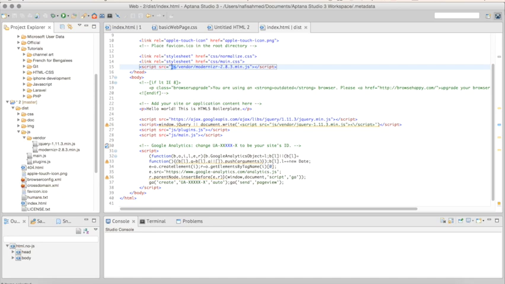So we are first referencing the js folder. That's why we're not providing any sort of protocol or anything else. We're just saying, look at the current directory of dist and find the js folder. We're telling that to the browser. So the browser finds that there is a folder called js, and then we're also